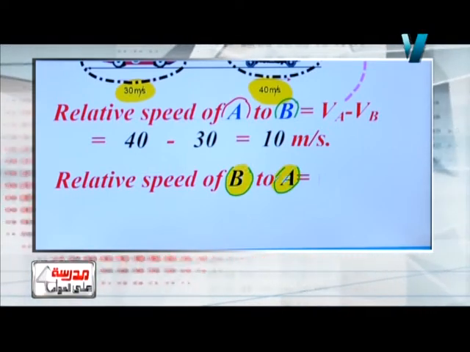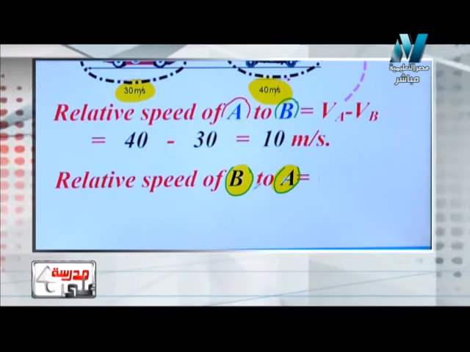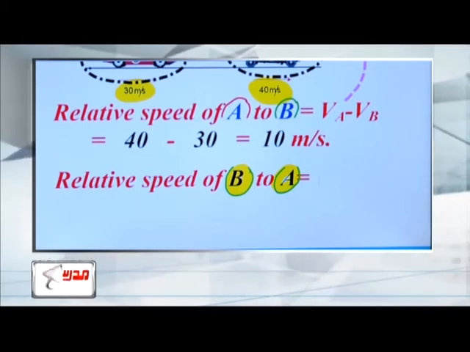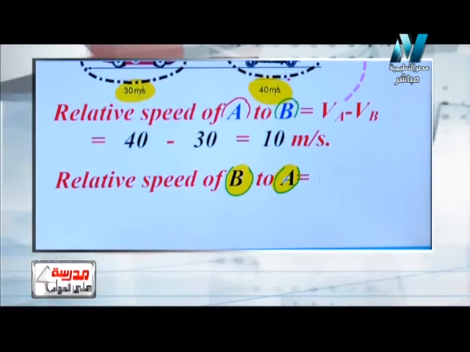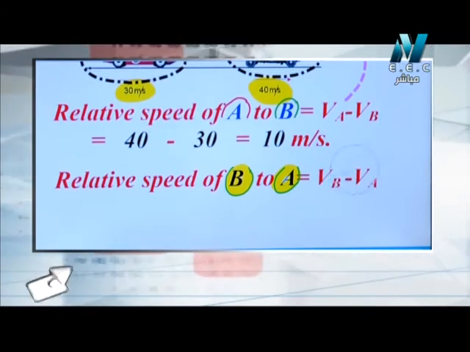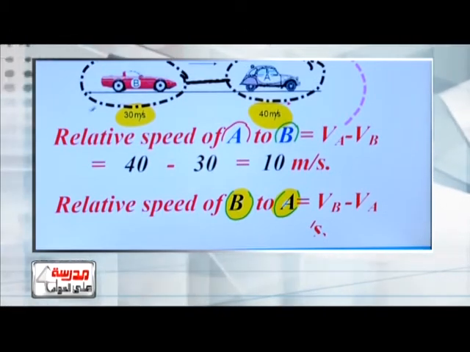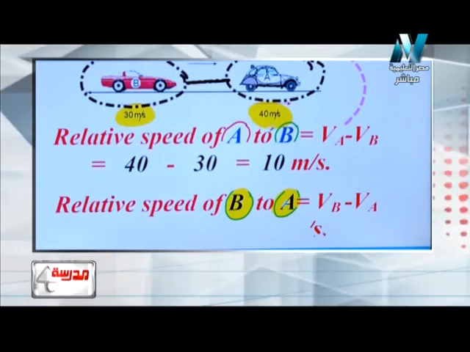طب واحد يقول لي طيب أنا عايز to calculate the relative speed of car B relative to car A. هو بيسألني على مين؟ Yes, car B. يبقى what will I put first as a physical quantity? هحط مين الأول؟ أقول له تعالى معايا. يبقى أنا هنا I will put VB minus VA. واحد يقول لي VB equals how many? Equals 30 meters per second. And VA equals how many? Equals 40 meters per second.